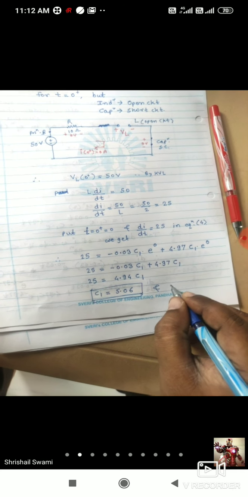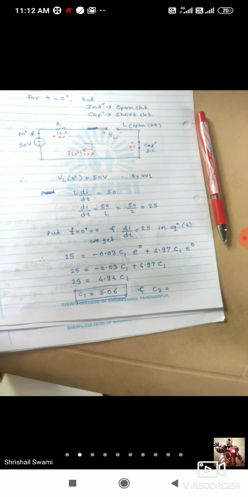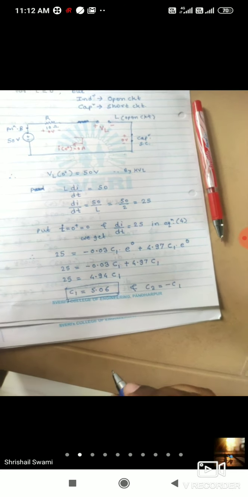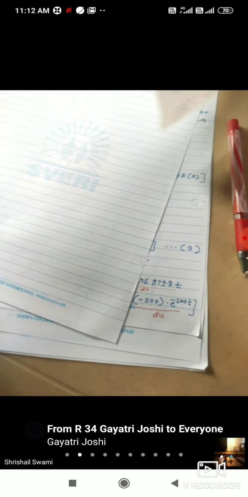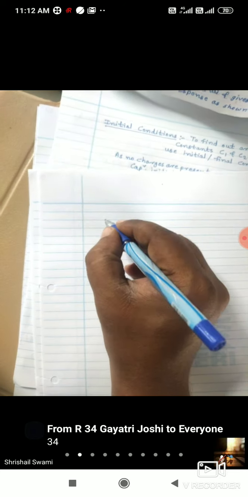So what is the C2 value? Who will tell? C1 is equal to 5.06. What is C2? Minus of C1. Right? So C2 is equal to minus of 5.06. So put these two values in equation number 3 and you will get the final answer. Check whether it is equation 3 or 2. It will be equation 2. So put C1 and C2 values